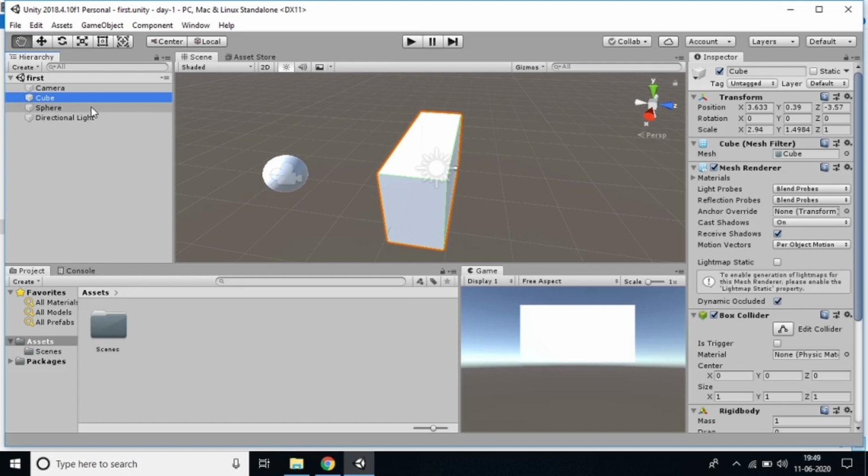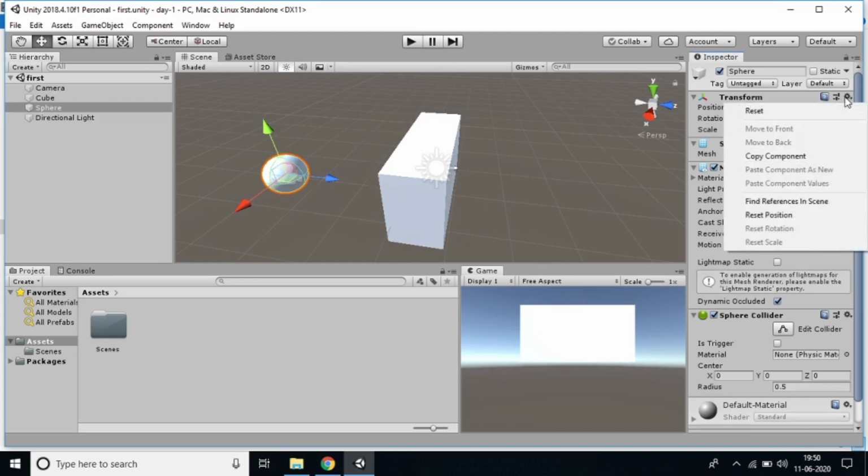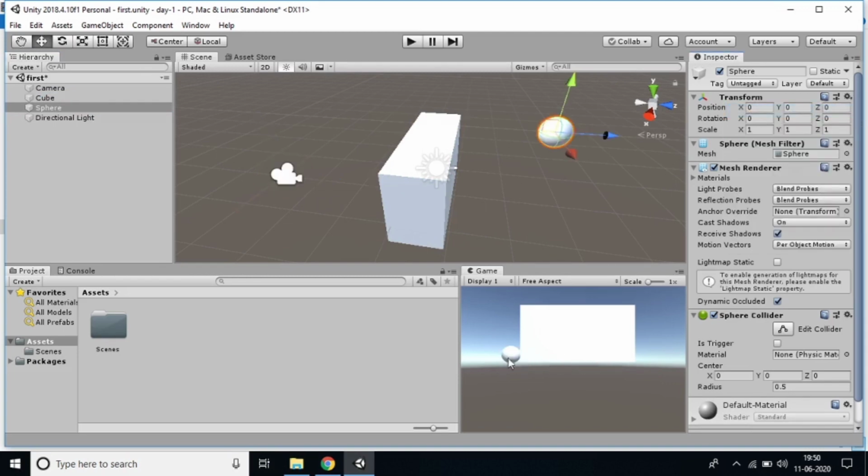Because it is in front of the camera. So for that, select this one and just you can do, otherwise you can just right click and reset. You can see the sphere, right? The position was different, so the position is very important in gaming. Everything should be in front of the camera, then only we can see it in the game, in the output. So that's all about this.